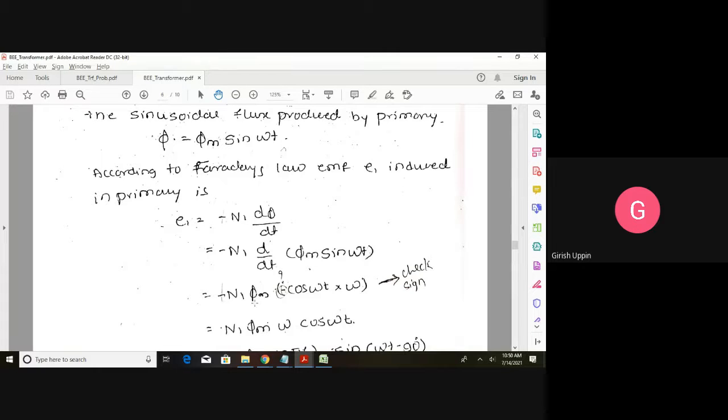So you want to quantify, right? How much EMF is induced, that is dealt with by Faraday's second law. What is Faraday's second law? Faraday's second law states that the magnitude of the EMF induced is directly proportional to the rate of change of the flux linkage. So in terms of the equation,